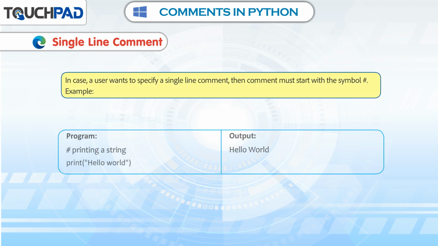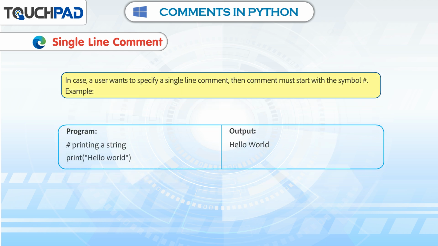Single-line comment. In case a user wants to specify a single-line comment, then the comment must start with the symbol hashtag. Example: